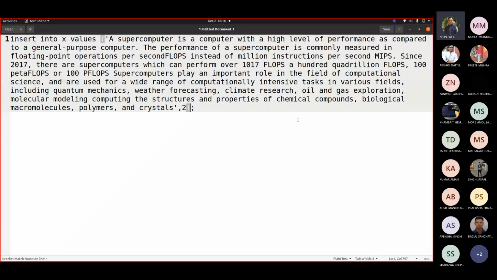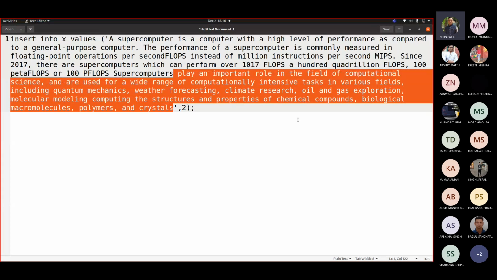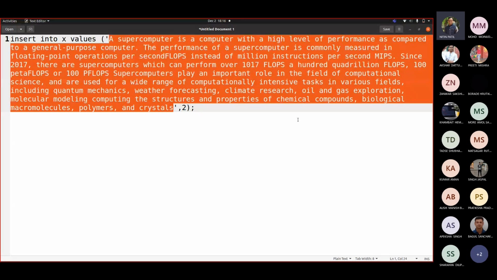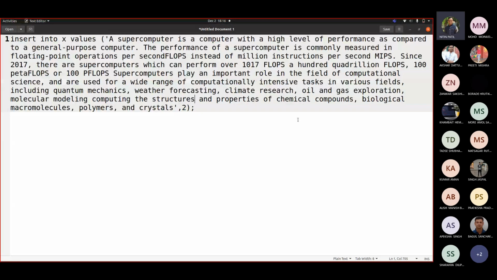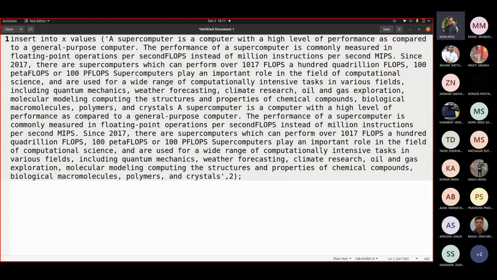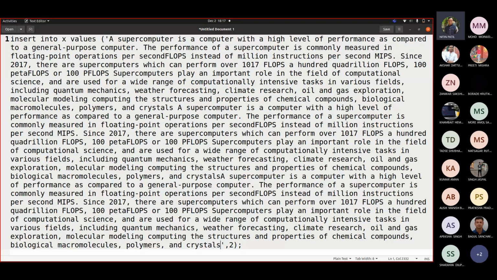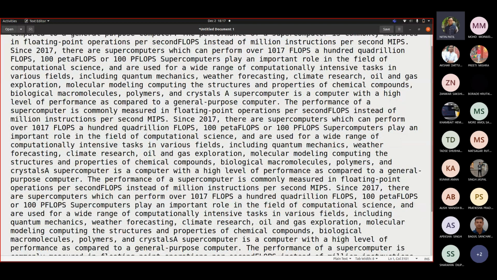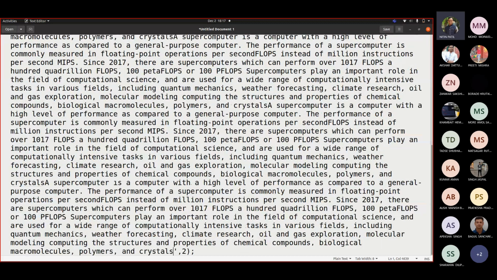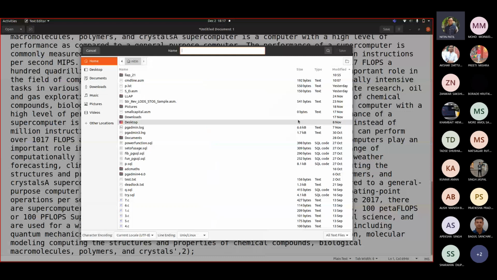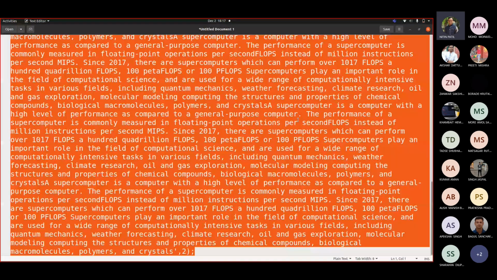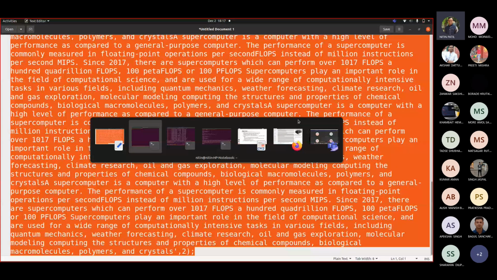So let me paste this. Now what I will do is I will add this whole text again there. Yeah, I will cross some limit of number of bytes. Now I copied it once, 2, 3, 4, 5, 6, 7, 8. Now this is the long record that I have. Okay, so let me select this, Control A, Control C, and let me fire that execution.